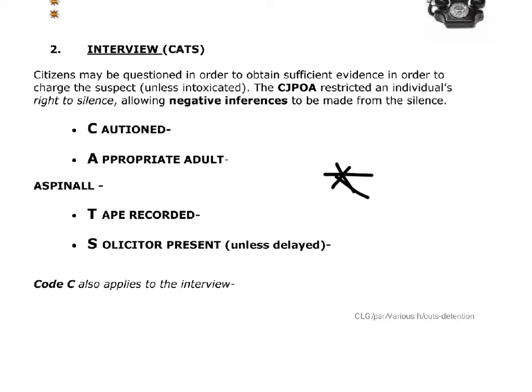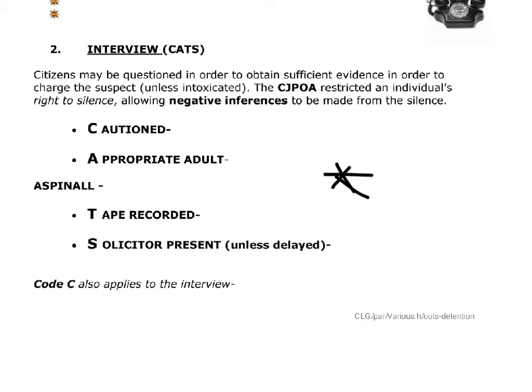Right, 4 stages to the interview process then, and it spells out CATS. So the first is cautioned. So we will caution you at the beginning of your interview and then after any breaks. So you'll have seen the caution on the TV, so talking about the right to remain silent, anything that you do answer, that you do rely on in court, you need to make sure you talk to them about it beforehand. So it'll be the big spiel, and they'll do that at the beginning of the interview and after any breaks.